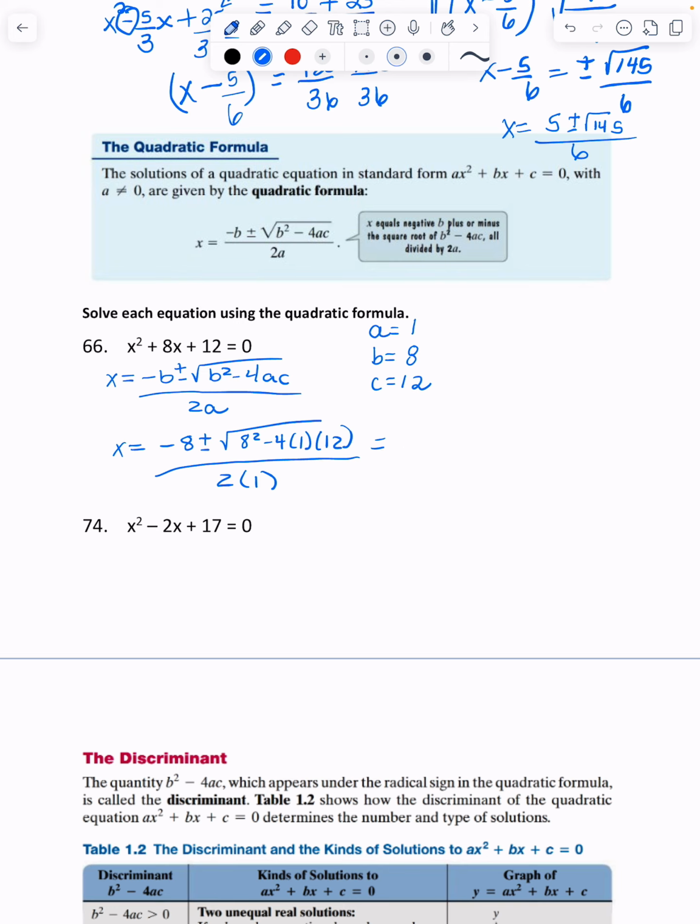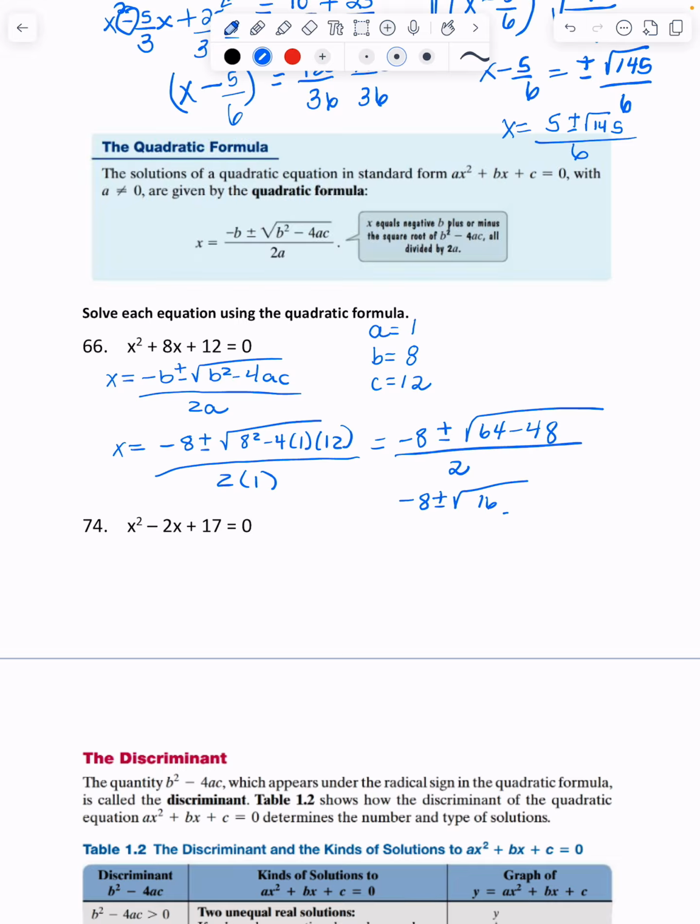Make sure that you do order of operations correctly, especially when you're working up under the square root. I'm going to do my exponent first, so 8 squared is 64. Then I'm going to multiply negative 4 times positive 1, that gives me negative 4. And negative 4 times 12 gives me negative 48. All of that over 2 times 1. So let's keep simplifying up under the radical. 64 minus 48 gives me